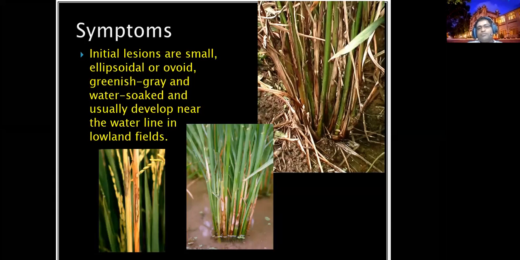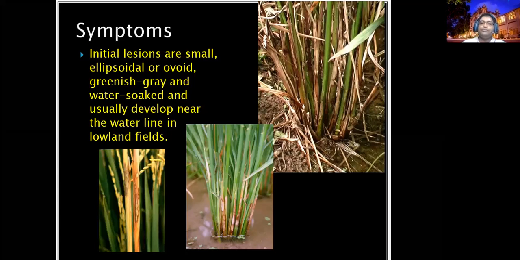and water soaked, like oil patches, right? Like oil patches, you can expect them mainly where the water level is. Why? Because Rhizoctonia solani produces asexual propagules. We call it asexual, not a true spore. It's an aggregation of mycelium. We call it sclerotia,